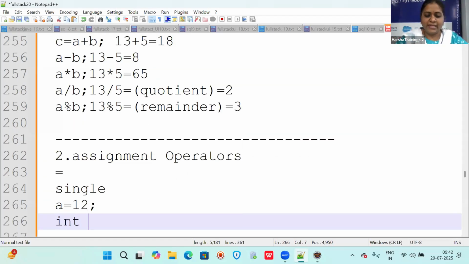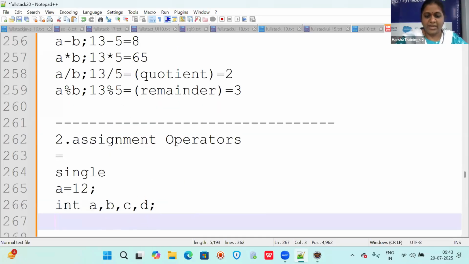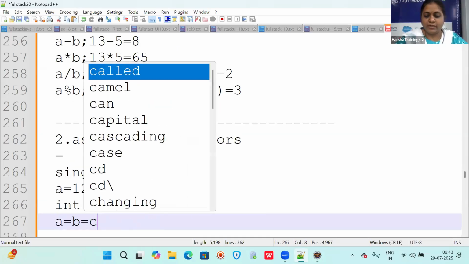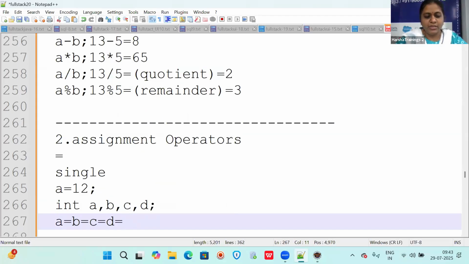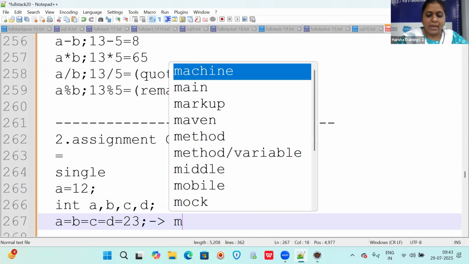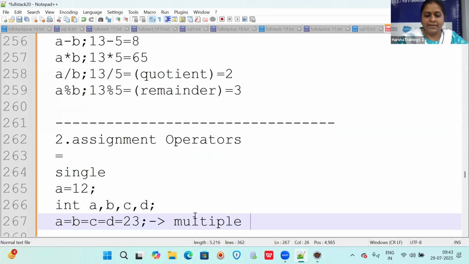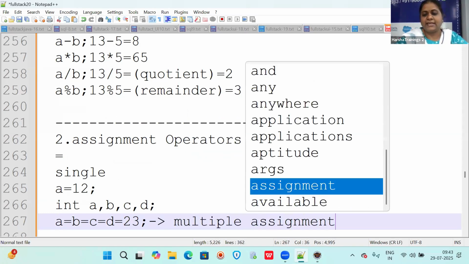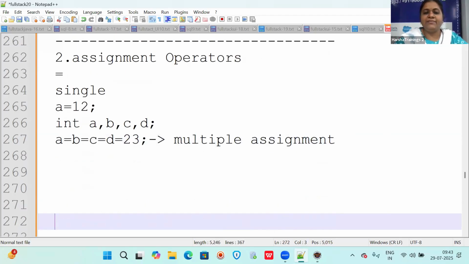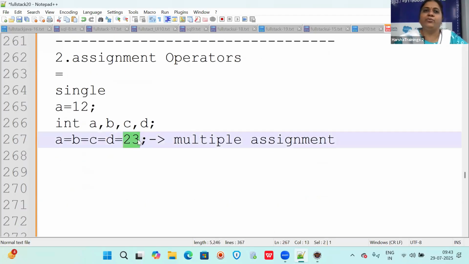Now you have declared A, B, C, D, and you write A equal to B equal to C equal to D equal to some 23. This kind of assignment is called multiple assignment. Multiple assignment means multiple variables are stored with a single value.